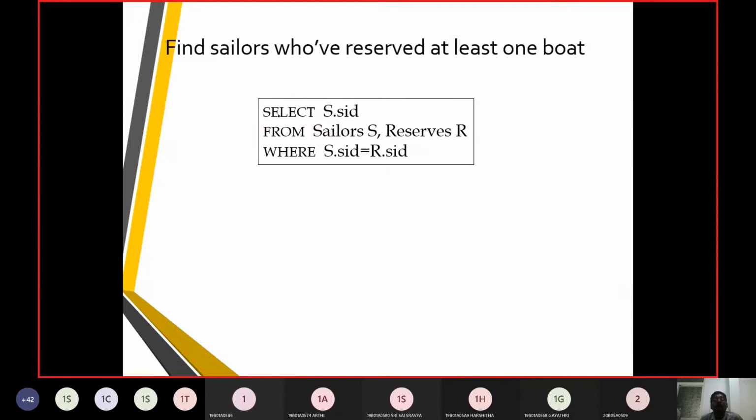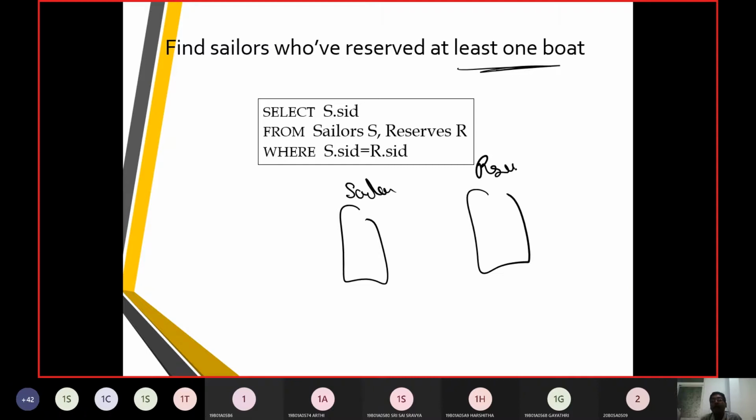The next question was, find the sailors who have reserved at least one boat. We have a sailors table and a reserves table, so we should map the things between sailors and reserves.